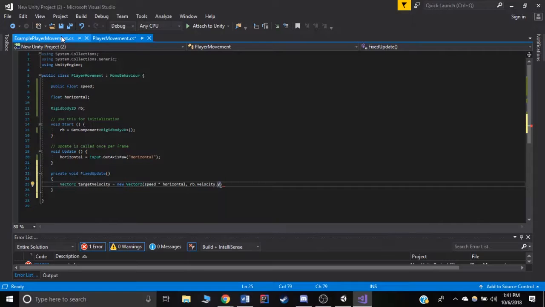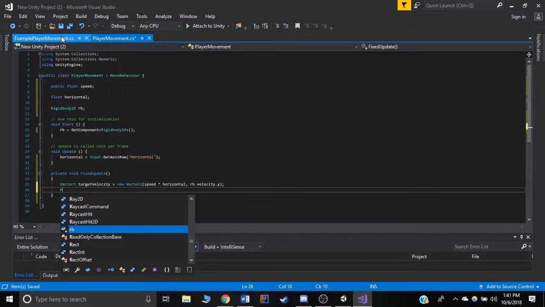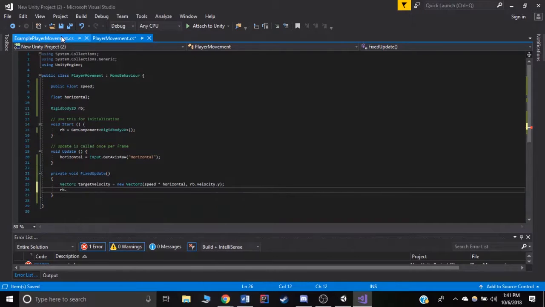What that does is it gets whatever velocity it currently has and maintains that velocity for the up direction, but it'll change the side to side. And then we're going to set our new velocity, so rb.velocity equal to